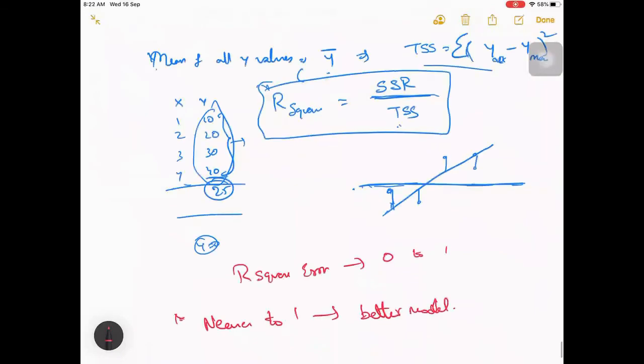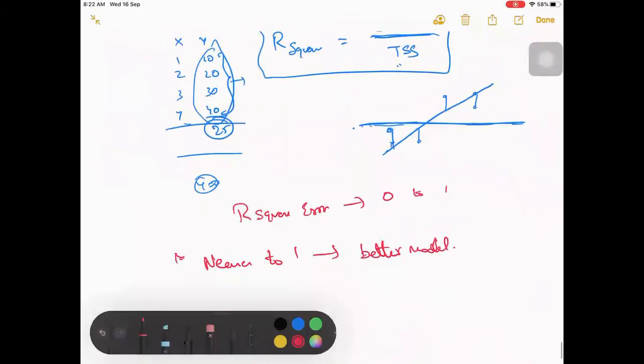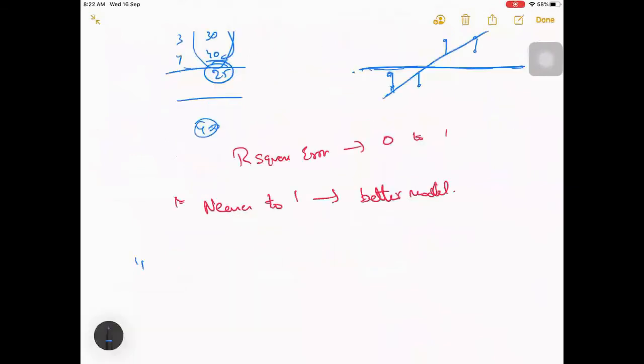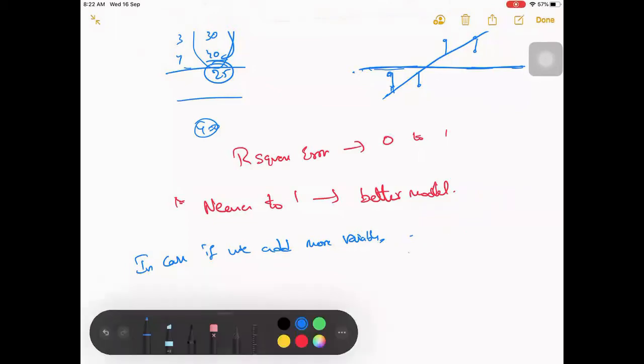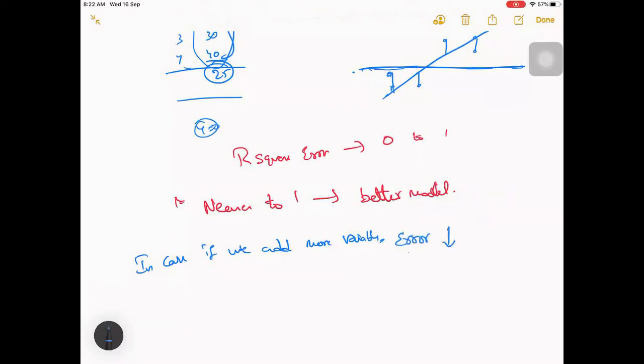Similarly here, in case we add more variables, R square will at least slightly increase, because error decreases, so R square value will increase.